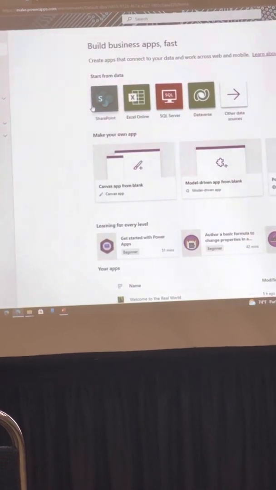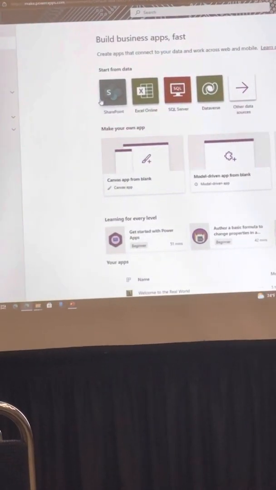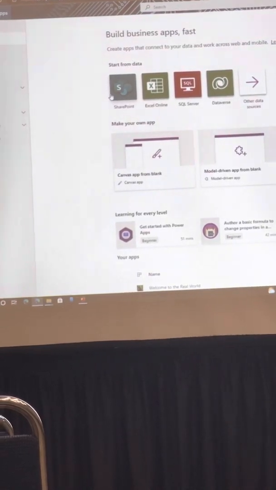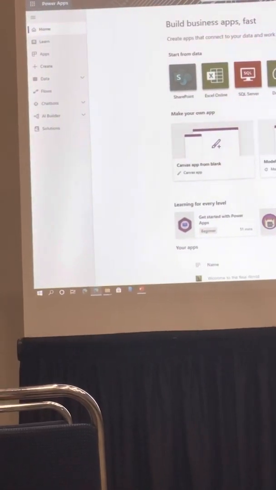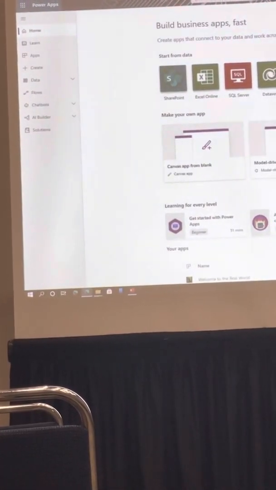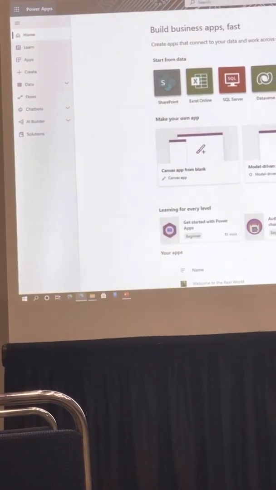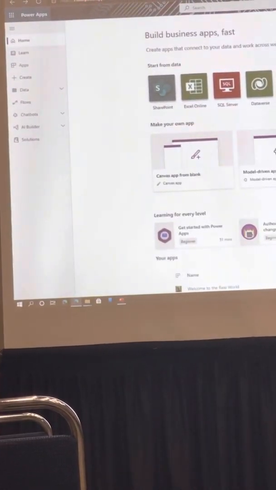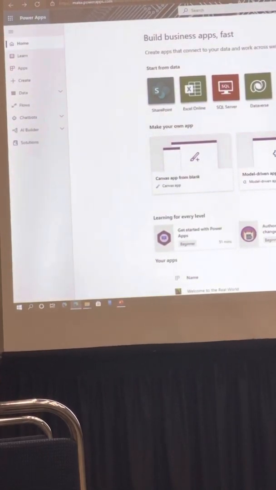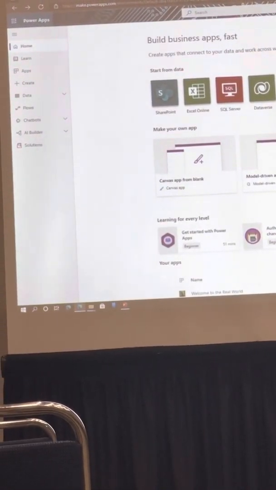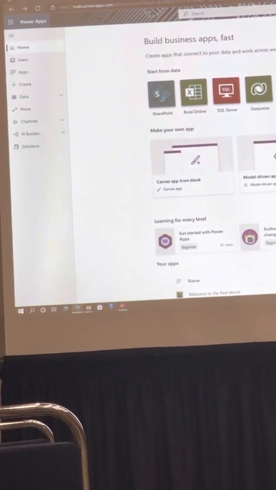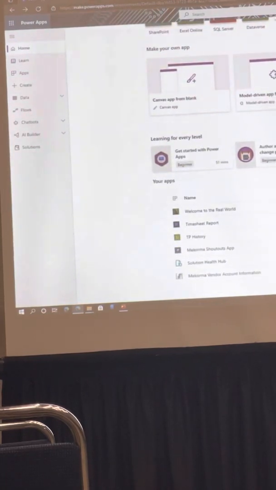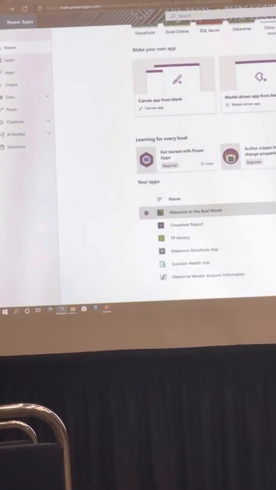So who's familiar with working with collections in PowerApps? There you go, a couple guys in the back. For those of you who are not familiar with collections, you need to go back and read up a little bit on collections. It's something you should have in your arsenal of PowerApps skills, I would say, in order to build solid applications that leverage different storage mechanisms. Unfortunately, this is not necessarily a class on collections, so I would show you quickly here